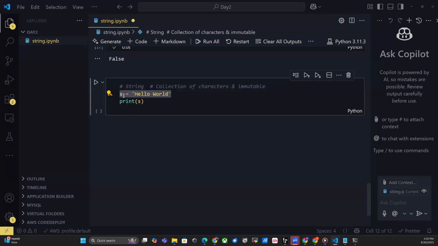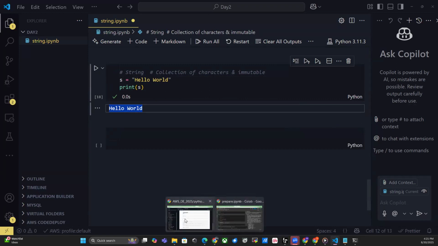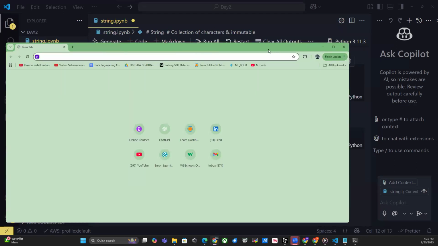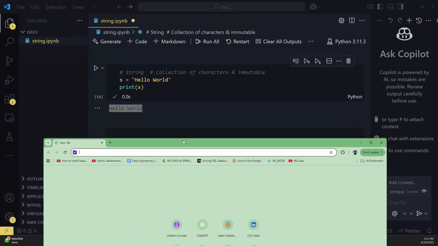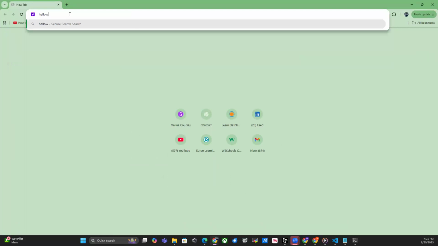So I'm declaring a string. See, this is a declaration. I'm just declaring a string like this: S is equals to hello world. When I say S is equals to hello world, and I just print S, this is my answer. Now talk about any programming language, like most of the object oriented programming languages such as Java. This is your hello world program in Python, 2 lines. Hello world